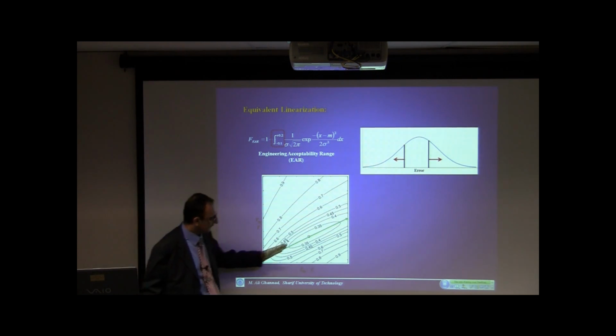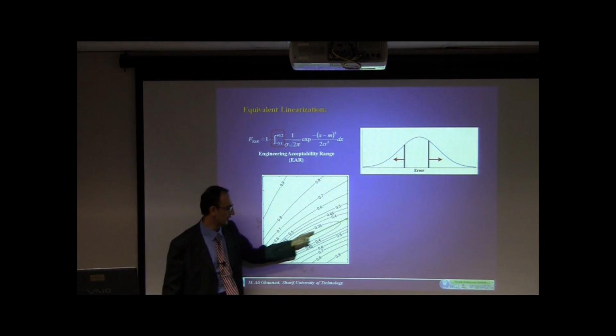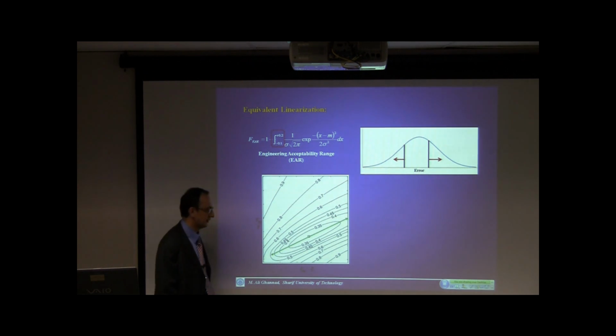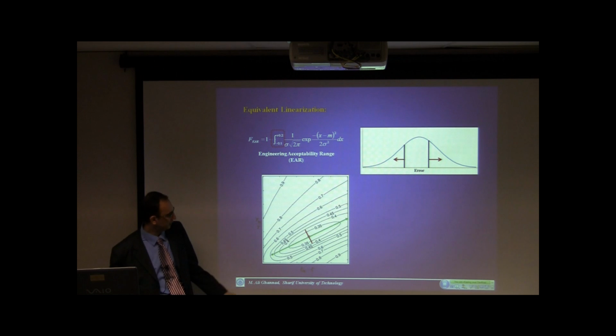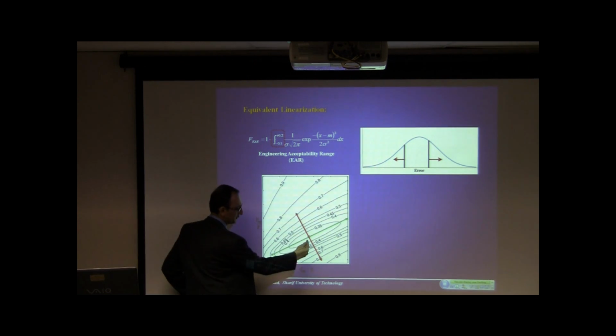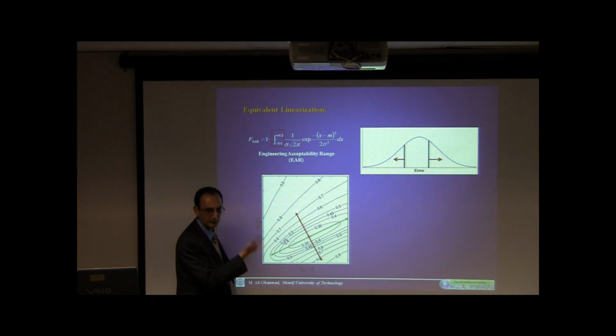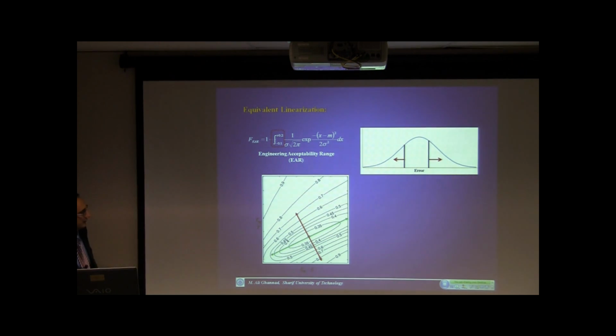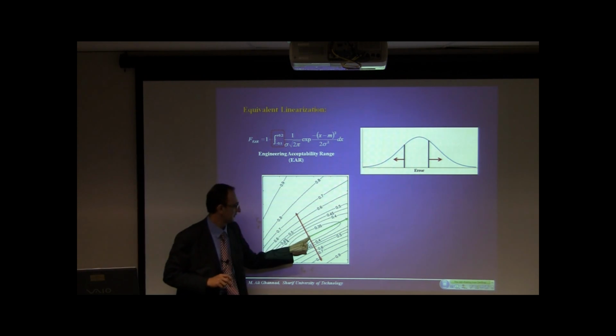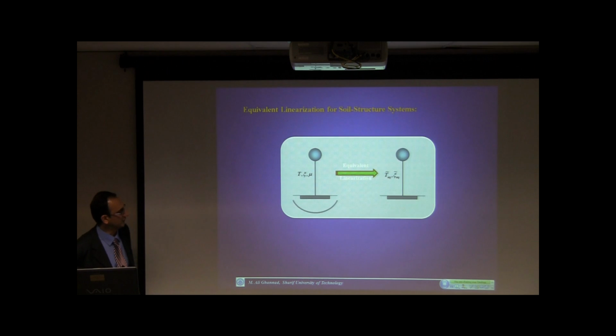If you move in this direction, the diameter of these elliptical shapes is not so sensitive, but perpendicular to that, it's very sensitive. If you move this way, the probability starts to increase very rapidly. So it's better to be here or to move around this line. Okay, this is the concept that Ivan used to come to these optimum points for different systems.